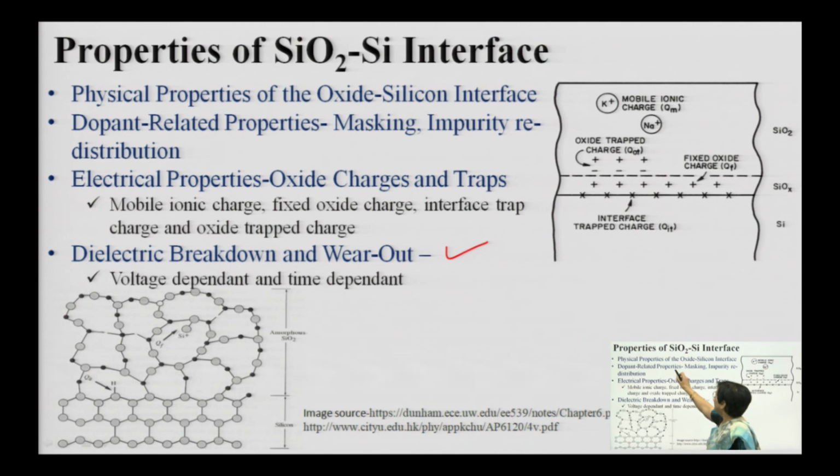Similarly, when you are using it as a mask, these immobile charges can contaminate the substrate and alter its properties. So, you do not want that to happen. You have these kinds of charges. I told you there are immobile ions which can come because of improper cleaning or contamination in the chamber. You can have oxide trap charges when the oxidation is happening.